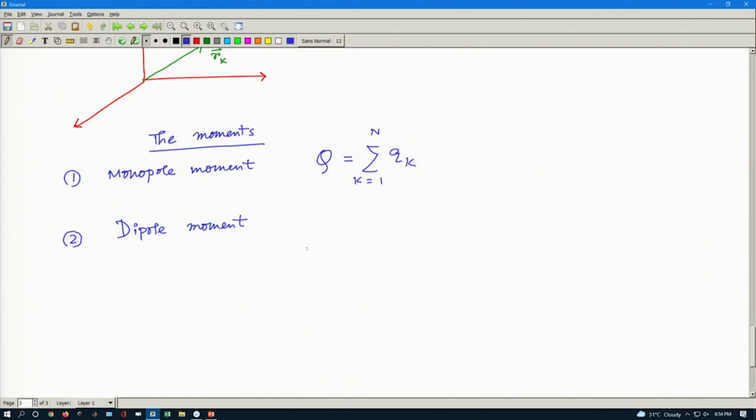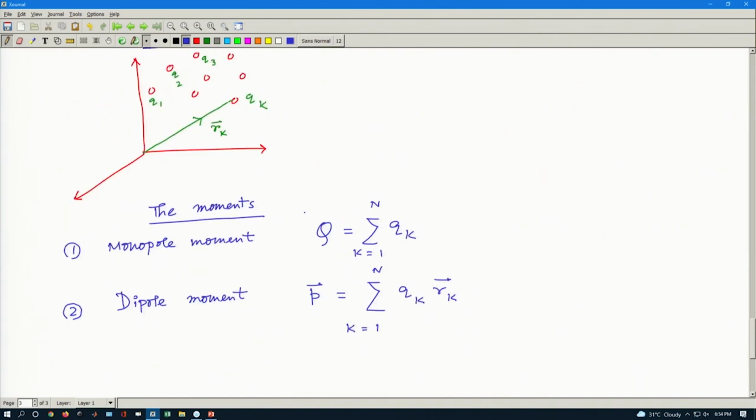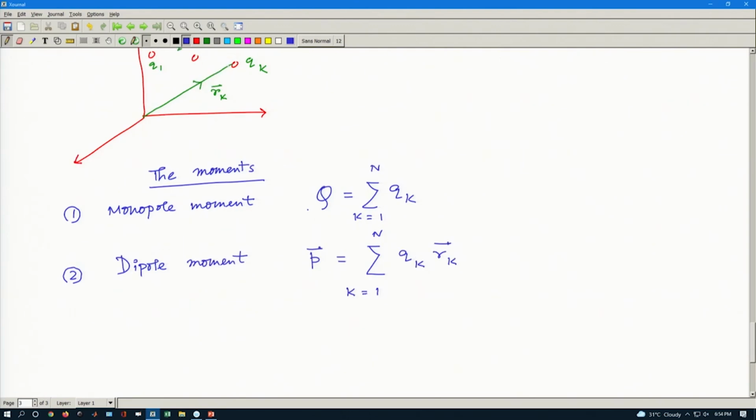The dipole moment P, this is the way we write dipole, is defined by the sum over k equal to 1 to n of q_k r_k. This is the way we define the dipole moment. Please mind it, the dipole moment is now defined for a system of charges. This is not one charge, there are n charges, and still I can define the dipole